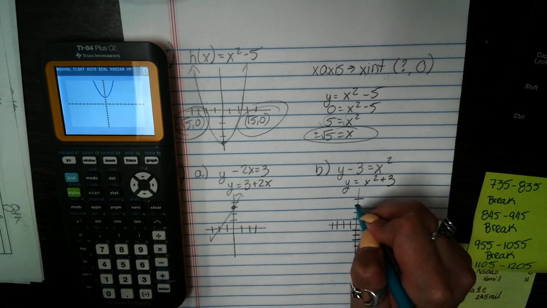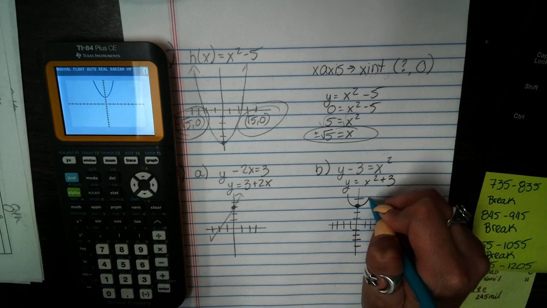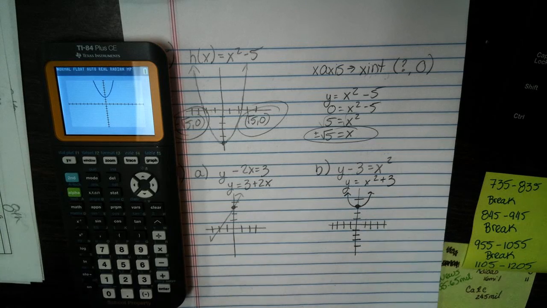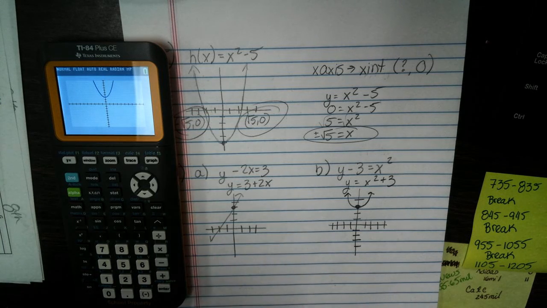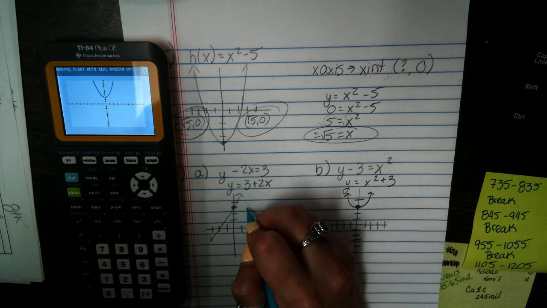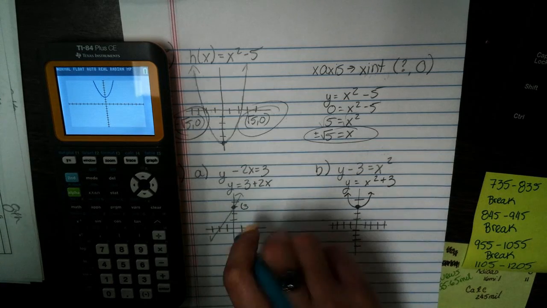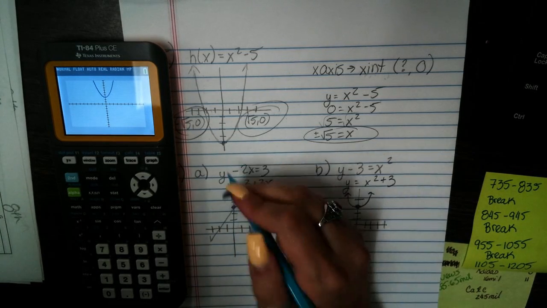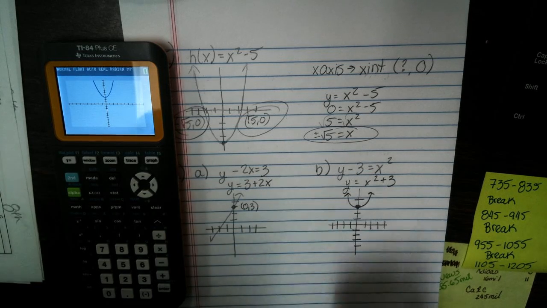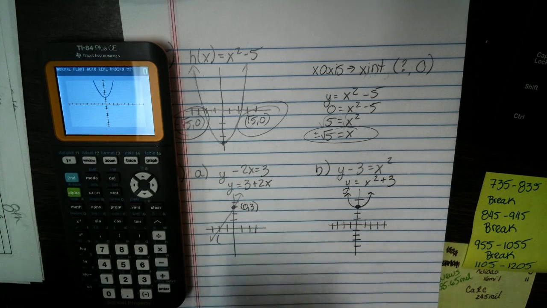Starting up at 3 and heading up in a positive direction. Nothing fancy, just getting the graph down. But now it says state the x and y intercepts for each. So I'm just going to put them right on the graph. So the intercept for this guy is 0, 3, and then that intercept was